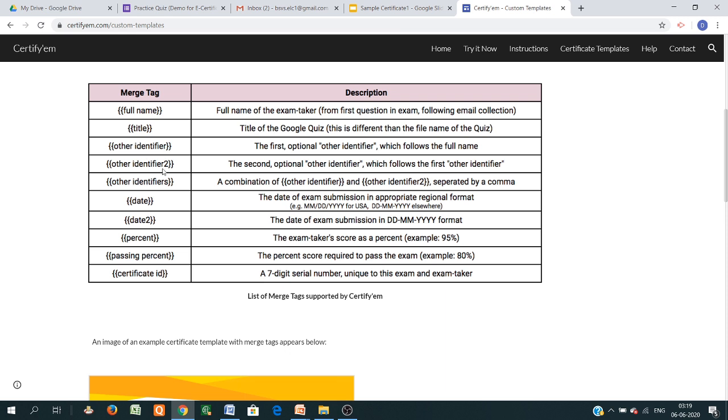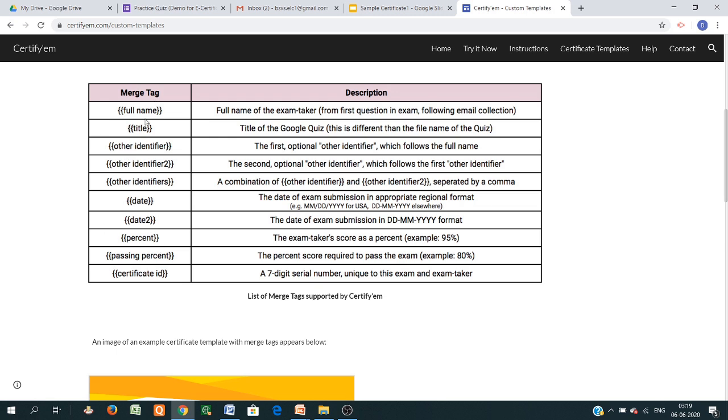Suppose you want two identifiers, suppose name of college is the first identifier, then designation is another identifier, so you use identifier 1 and identifier 2. Or a combination of other identifier 1 and 2 separated by commas. So in this way you can use them, and for date this is the date.